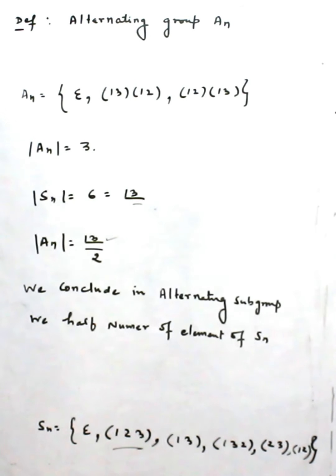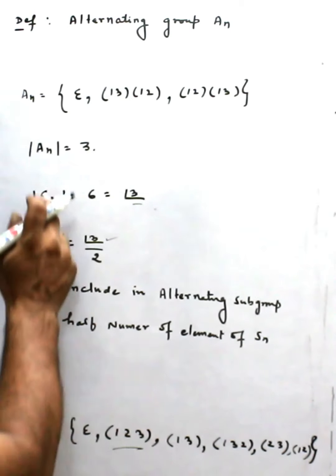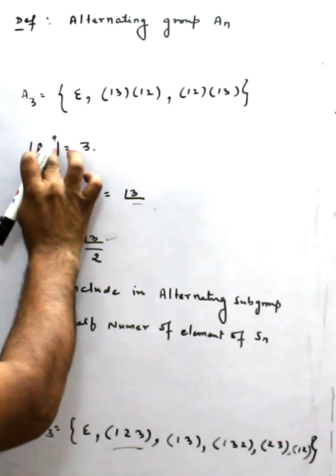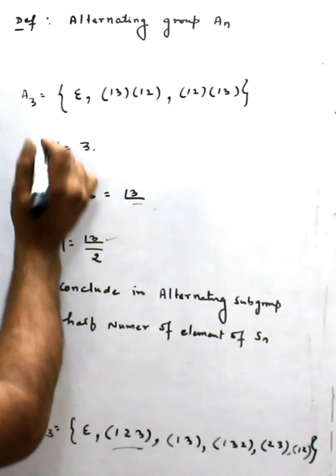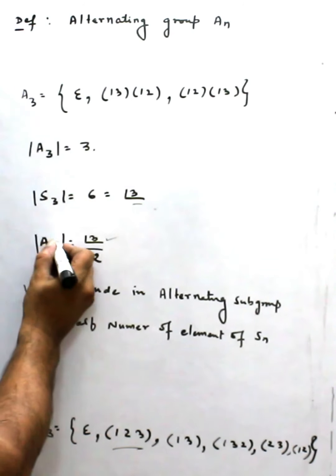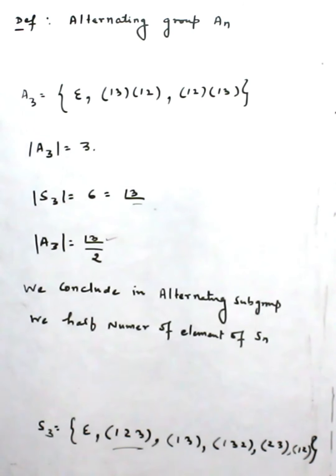Actually here I have to denote this 3 because we are defining the permutations on 3 elements. So this is also a 3, and this is also 3, this is also 3, this is also 3, right? So if it is defined on 4 elements, then S4. If it is defined on n elements, then it becomes n.